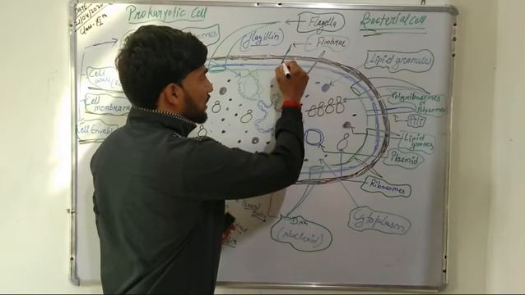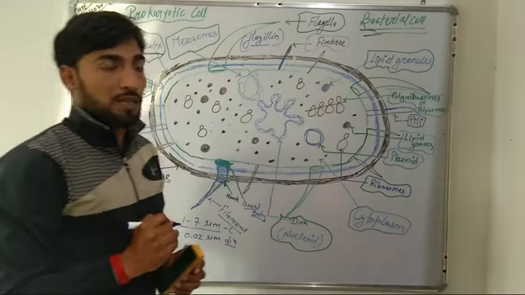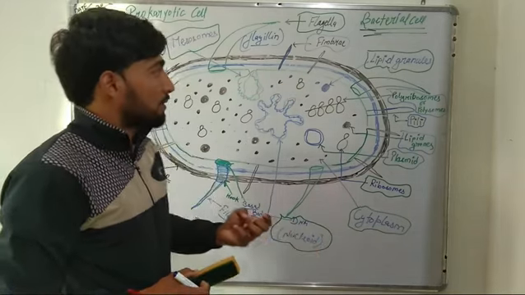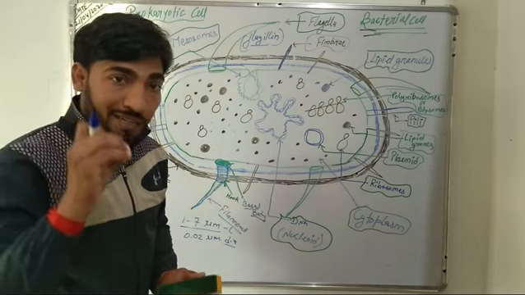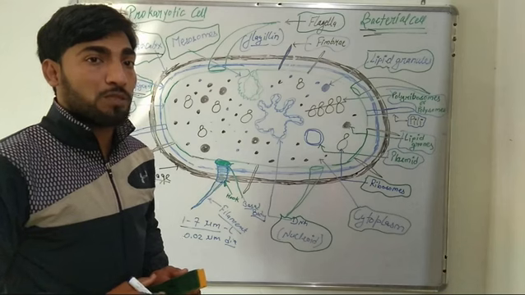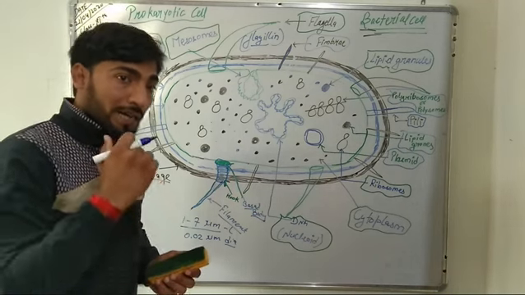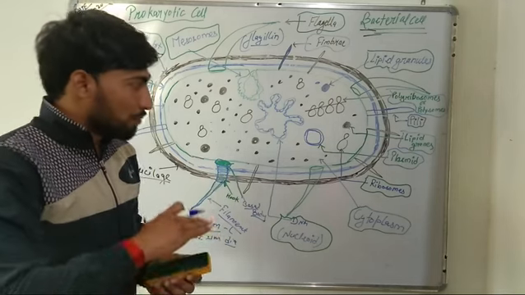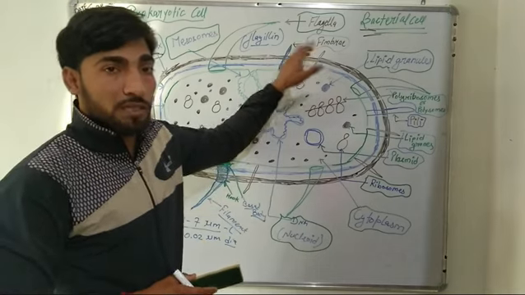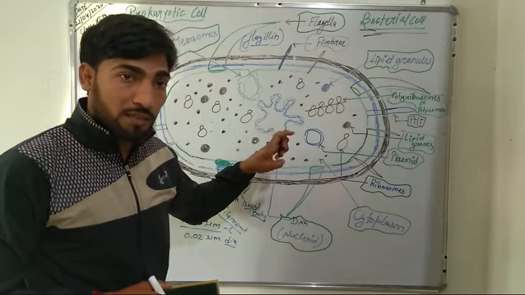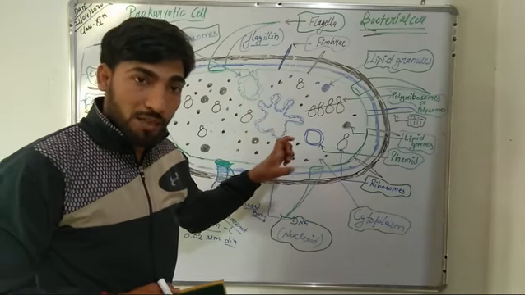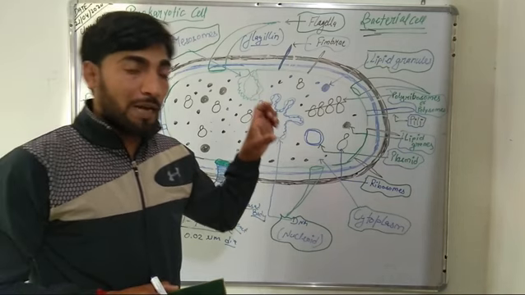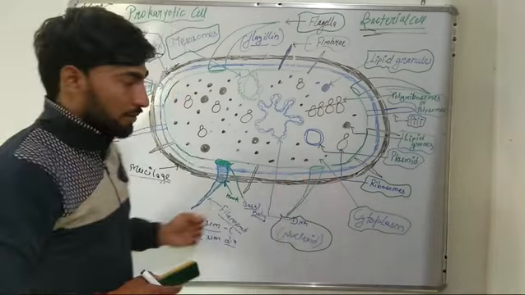These fimbriae are small finger-like structures. They are bristle in nature, and they help bacteria in the adhesion process. Adhesion process means they help bacteria in attachment to some substratum or to some base part. So these fimbriae are small hair-like or finger-like structures which are bristle in nature, and they help bacteria in attachment to some substratum. That means they help bacteria in the adhesion process.